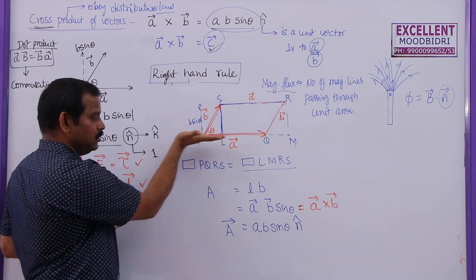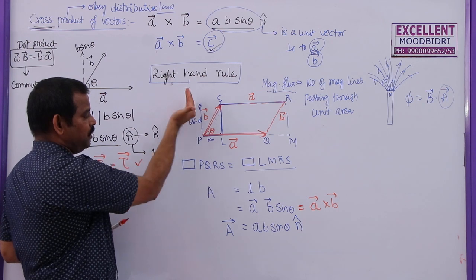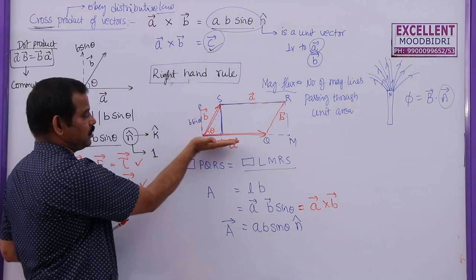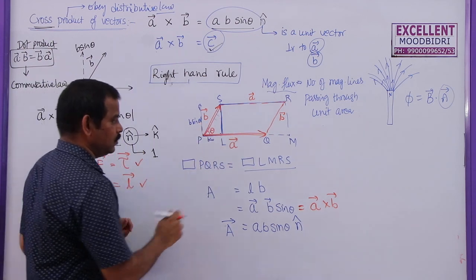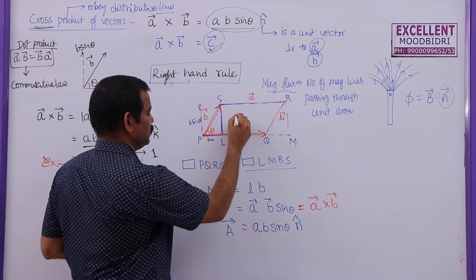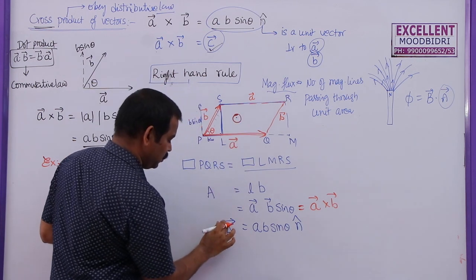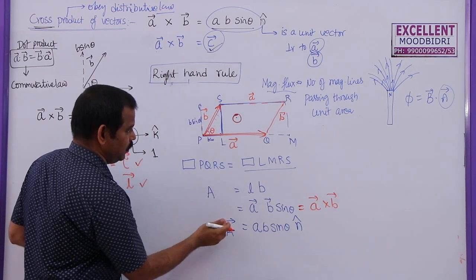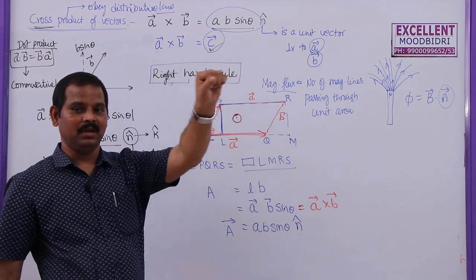Yes, correct. This is A and these curled fingers are upwards in the direction of B sin theta. So I am multiplying these two vectors. A cross B, what is the direction of this one? This is the direction. This is a C bar, which is outwards. So this A bar, the area vector, is outwards here. Outwards means this is in the direction of Z axis.